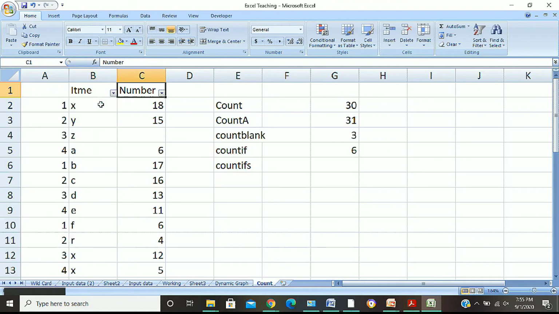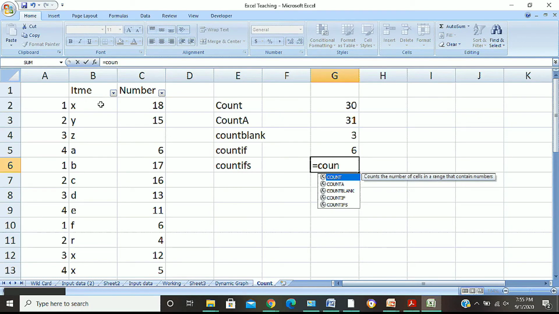Now we will see what is COUNTIFS. With COUNTIF we give one condition, whereas with COUNTIFS we can give multiple conditions. Let us see how it works. COUNTIFS.